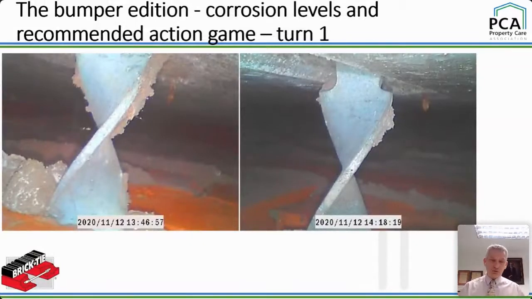Okay, so let's look at the corrosion levels. So there's a little game now. We're going to just go through these 8 slides, 2 on each. This is turn 1 of the bumper edition. And this, for your information, is all on a post-war property. This is a commercial property in Yorkshire. Slightly different. Ties are the same. Ties are exactly the same. Come out of the same factories as all the other ties, galvanised to the standard at the time, the appropriate standard. So the manufacturer's done nothing wrong.